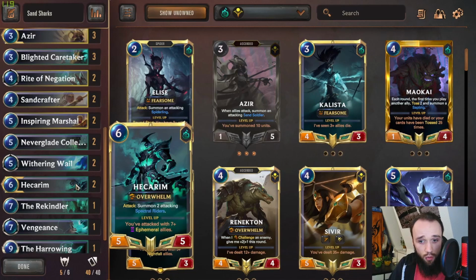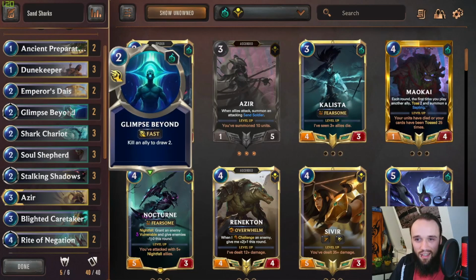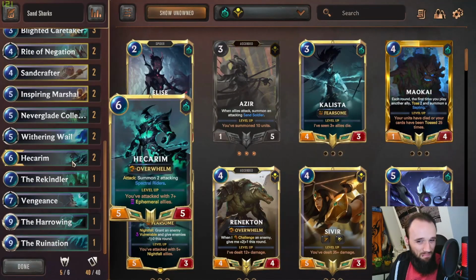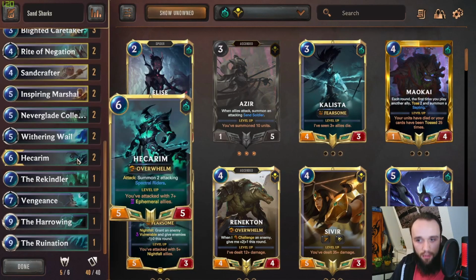We also run 2 of HECARIM, not a 3 of, just for the sake of synergy. Actually, we want to have more slots in the deck. I would also be very happy to run a 3 of Emperor's Dice. But unfortunately, I have a lot of tools that I want to run in this deck, and I don't have enough space, so I have to cut something out, and HECARIM is one of them, as he can be a bit too slow sometimes. But if we manage to draw into him, he is obviously a powerhouse, as he will